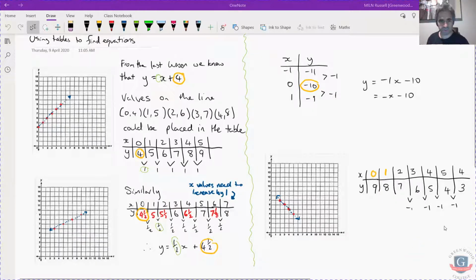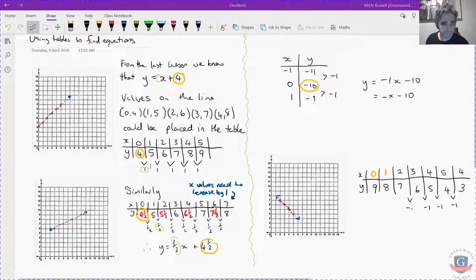Okay, so in the last exercise, we used a graph to find an equation. This time, we're going to use a table to find an equation. The graph's going to be there just to help us. Here we have some values on the line over here. And what we're going to want to do is try and find the equation based on what we can